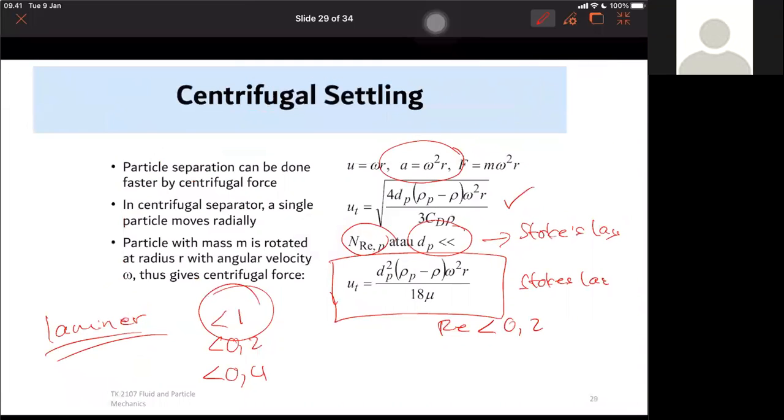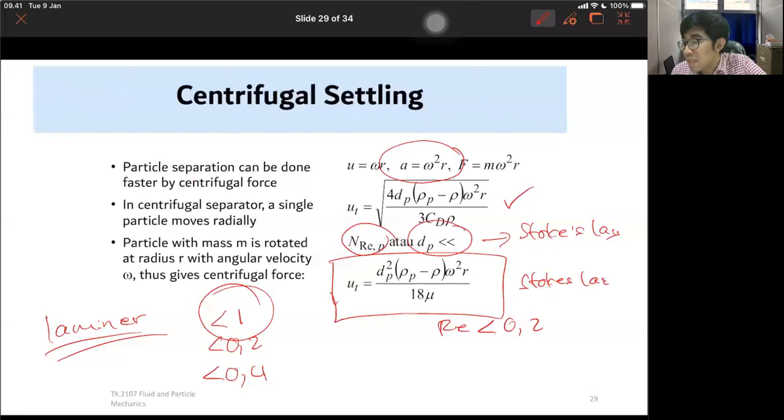Sir, in the exam, will the graph be given to find the value of like CD? I think so. Or should we always have to do iterations, sir? Because we are lazy, sir, to do iteration. No, in the exam, no, but